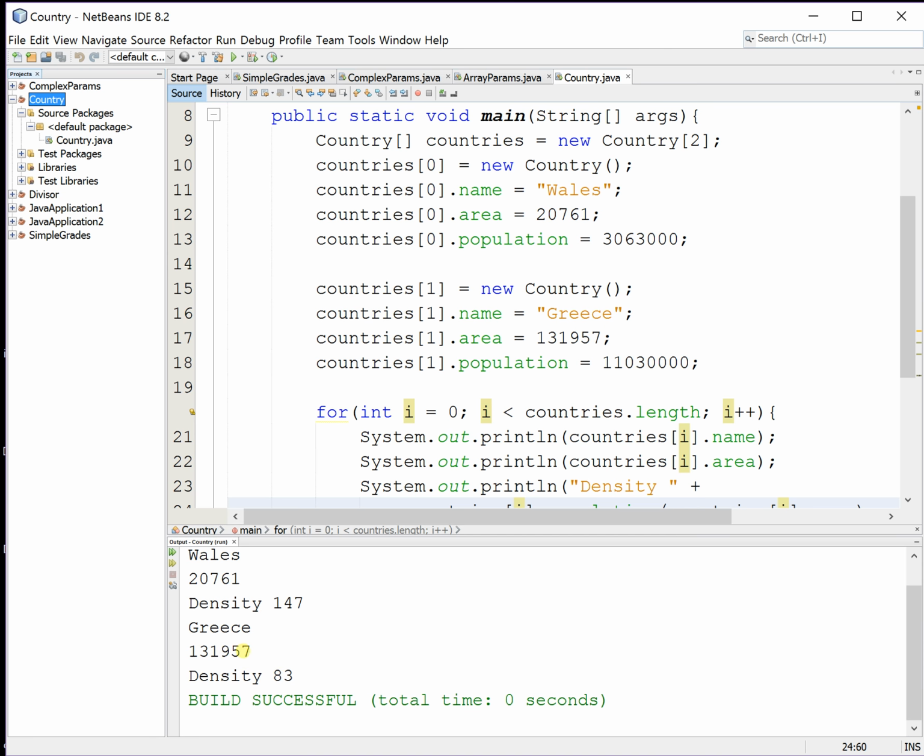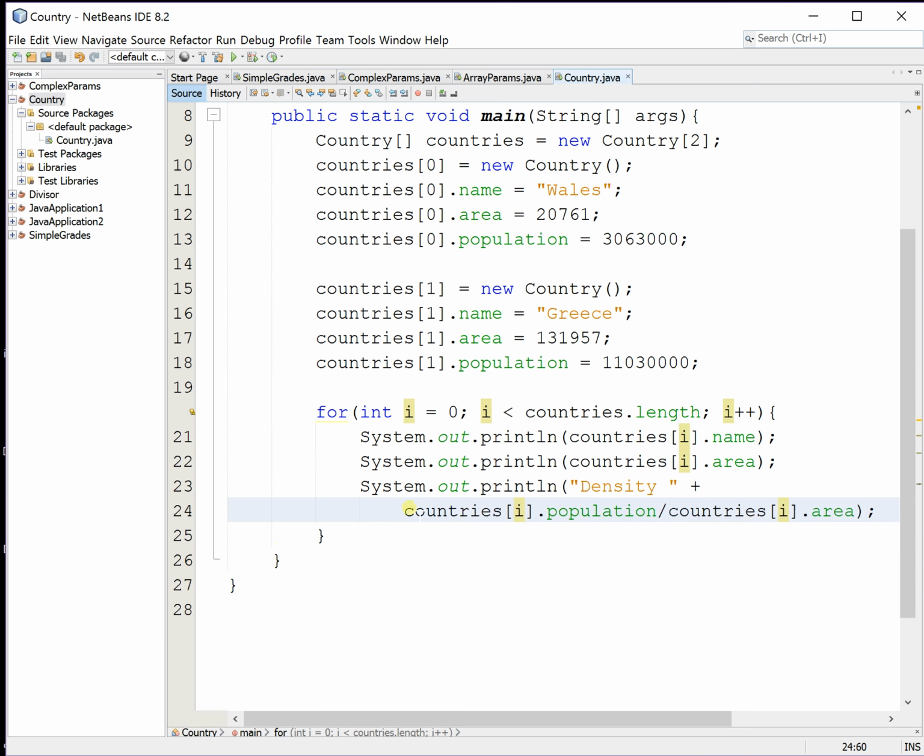You can see that actually Wales is about twice the population density of Greece, despite the fact that Greece has a much larger population, but of course Greece is much larger as a country, so that makes sense. Now, the thing we don't like about this is that we are essentially computing